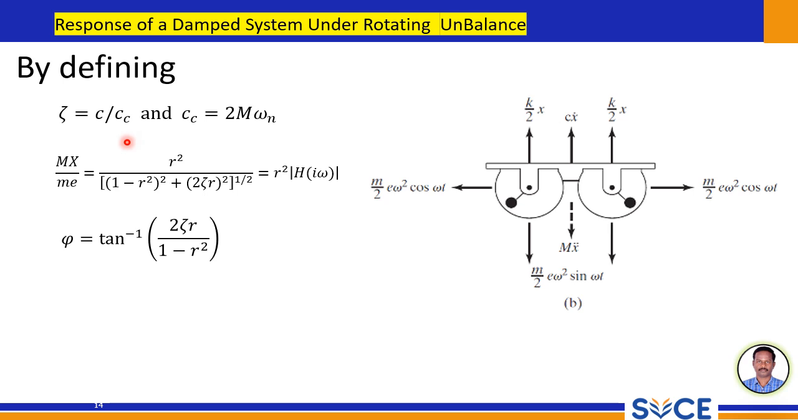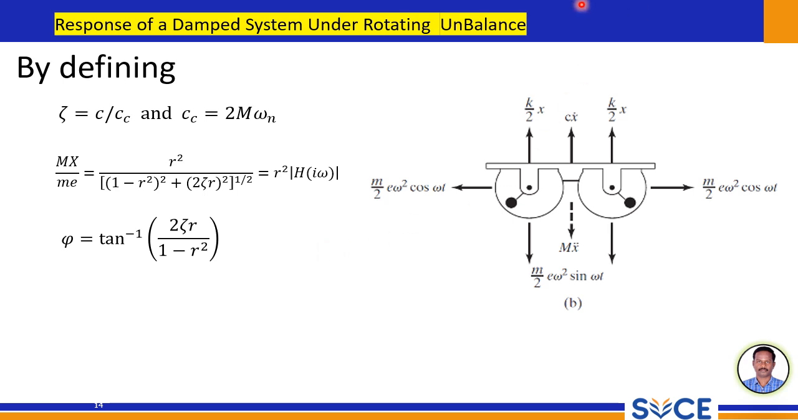We define the damping ratio psi as the ratio of actual damping c to critical damping c c. Critical damping is the minimum damping required to prevent oscillations. Mathematically, it is defined as 2 times mass and natural frequency. A damping ratio less than 1 indicates an underdamped system, which oscillates before settling. Similarly, there will be overdamped conditions